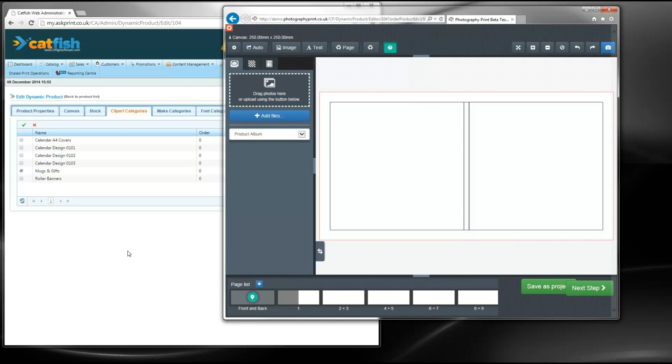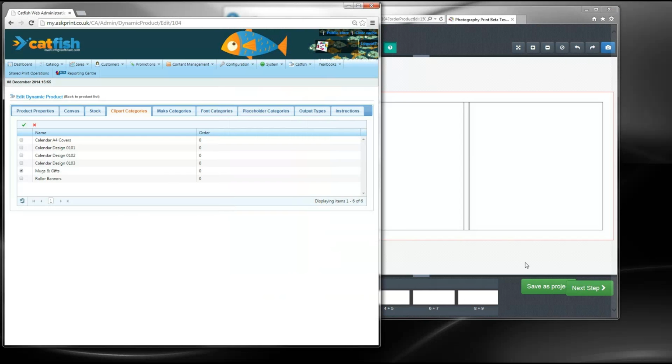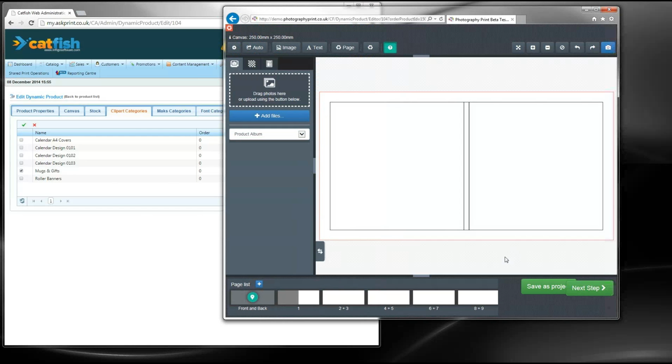But anyway, that gives you an overview on how the back end's used, and the settings that you put in the back end, how they affect a product. Okay. So I'll recap on that later and just